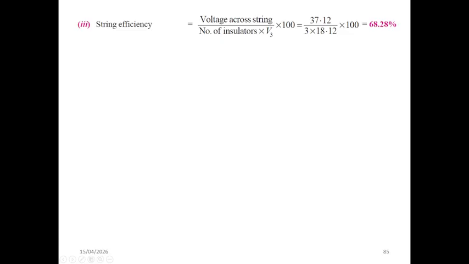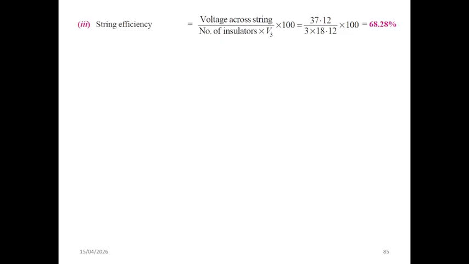Okay, in this final step, we have to evaluate the string efficiency, which is a key performance indicator I told you before. So we can use this equation, and string efficiency is 68.28%. So this result is showing that the voltage distribution along the insulator string is not uniform, and ideally if the voltage were equally shared among all units, as I told you, the efficiency should be